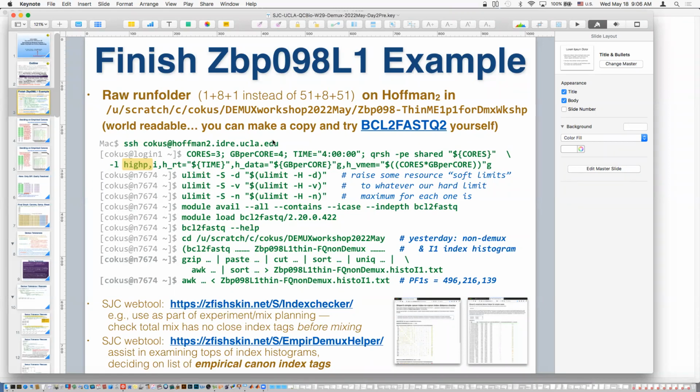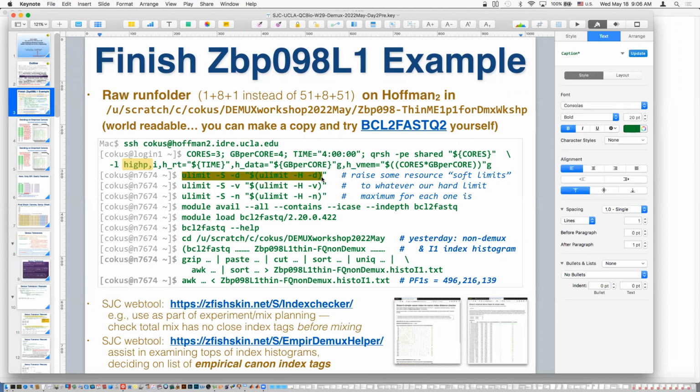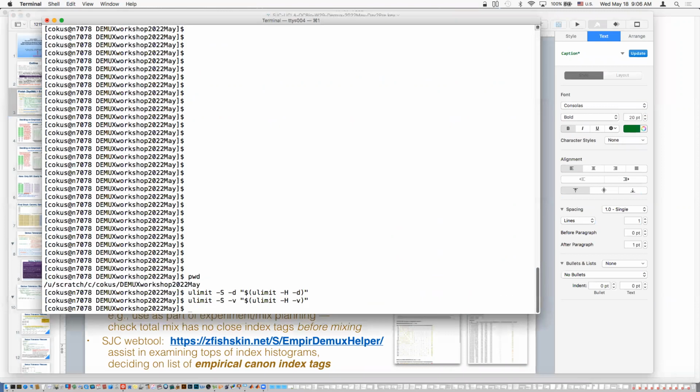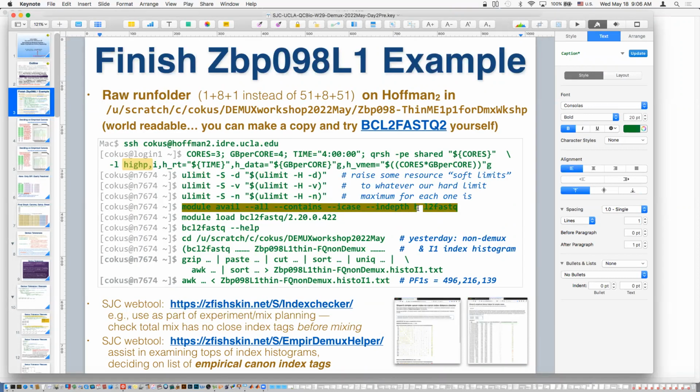So yeah, we started a session in Hoffman. Like I said, the resources can be kind of tricky. If you have a local big Linux machine, just use that instead. It'll be simpler. I've got to get my session back to the way we were yesterday. That's just a reminder of the version that's on there. And there's the command line help again, and this is the directory where the stuff is. Okay, and then we put up command line options for the